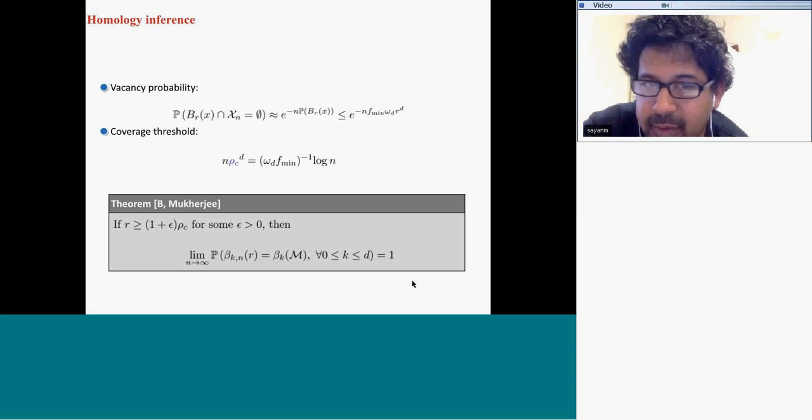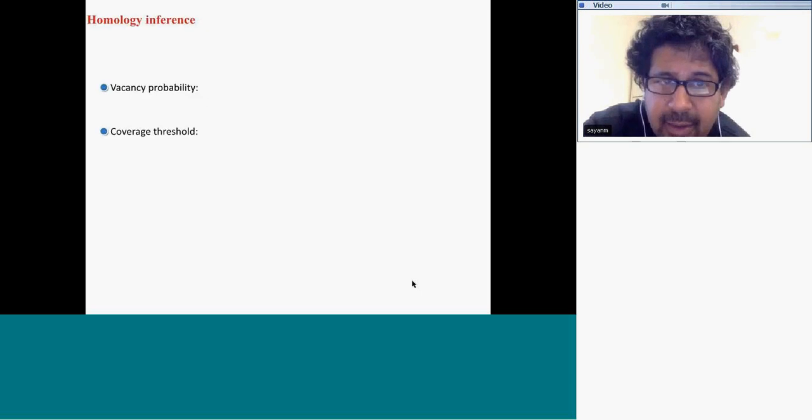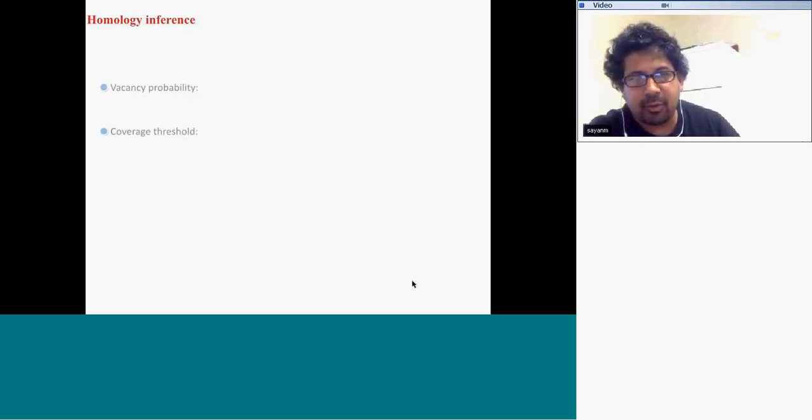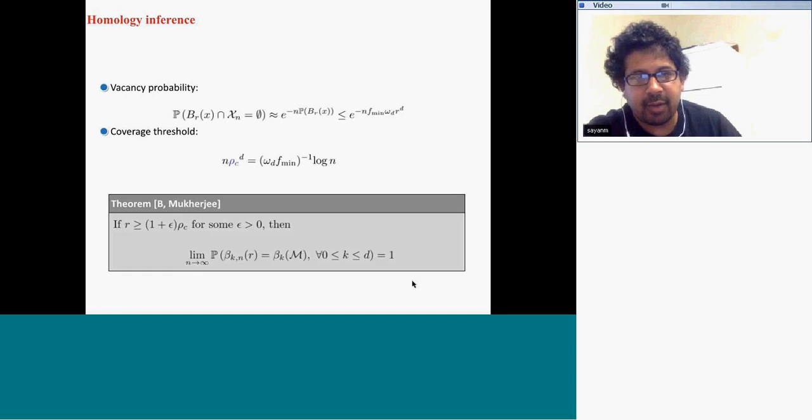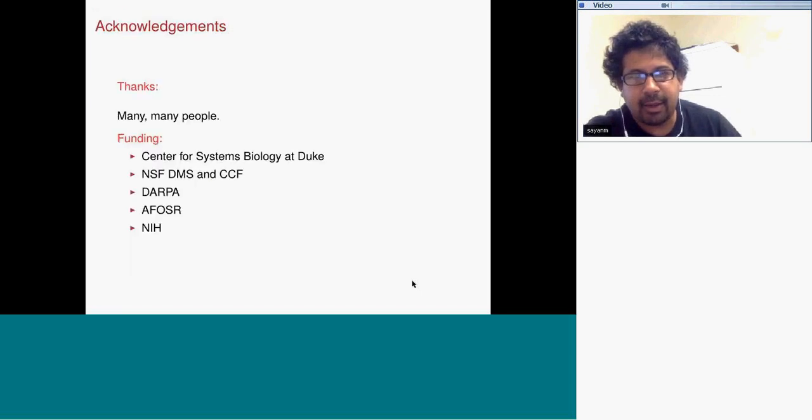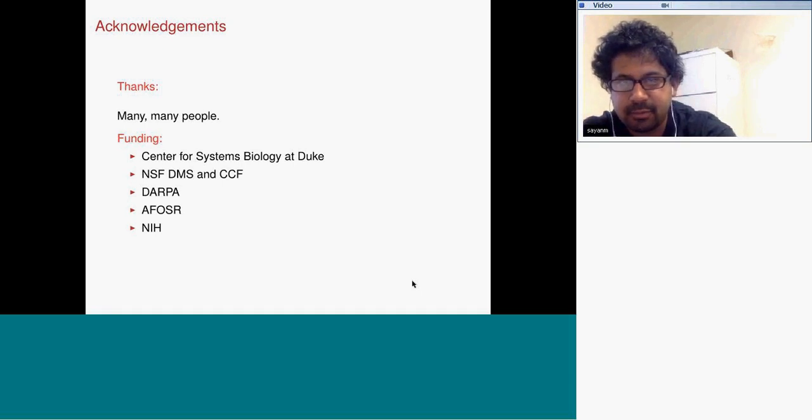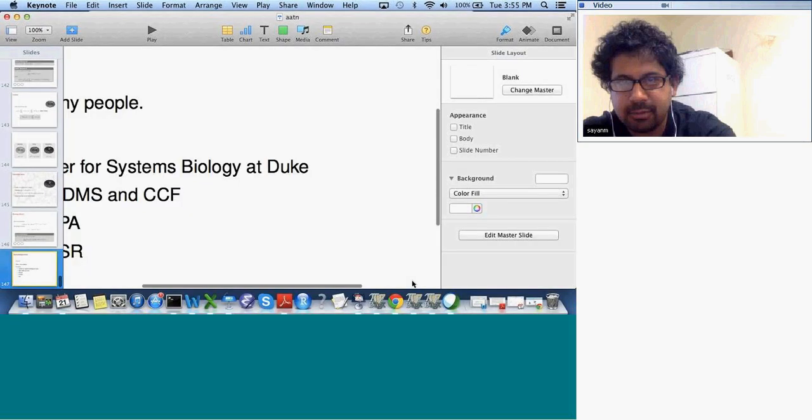I'd also be very interested in characterizing at what level r we can make this statement in probability for dimension 1, then dimension 2, then dimension 3. And this is the work that I've done with many, many people. And I'll stop there, and I guess we'll leave time for questions. Thanks a lot.